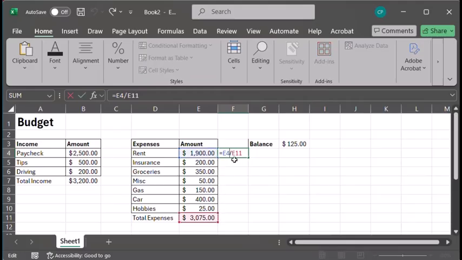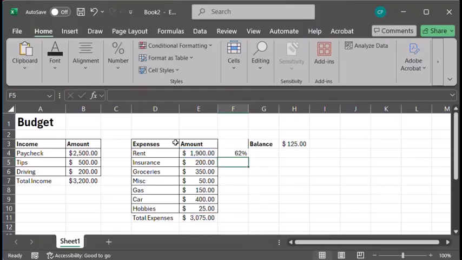Instead, I'm double clicking on this cell so I can edit it. You can also, in order to edit, click on a cell and then go to the formula bar up above the cells. And that's another way to edit something that's already put in here. So I'm going to change the cell reference that I'm using here, particularly for the total. I want to be able to reference different expense amounts, but always divide them by the same value of the total. So the way we do that in Excel is by adding dollar signs in front of the name of the cell. So I have E4 divided by $E$11.